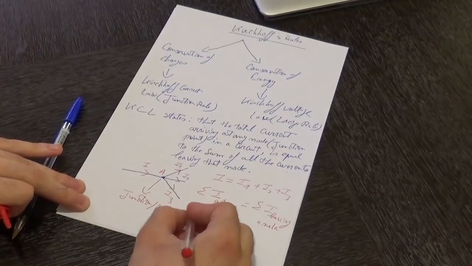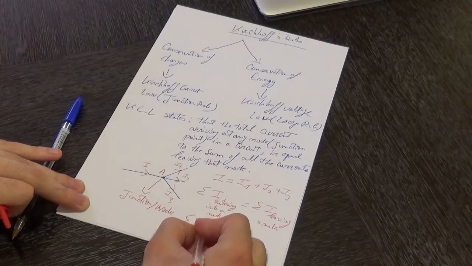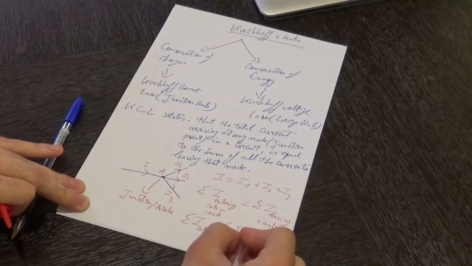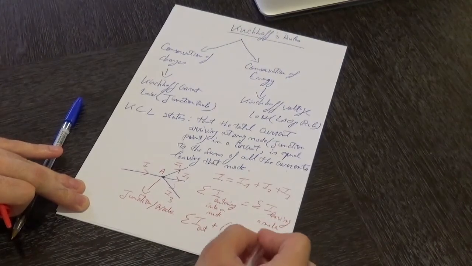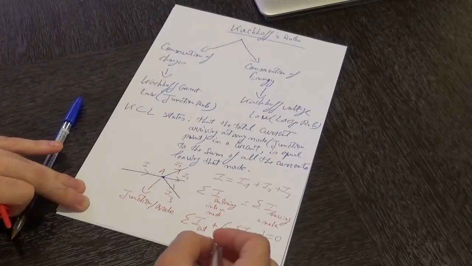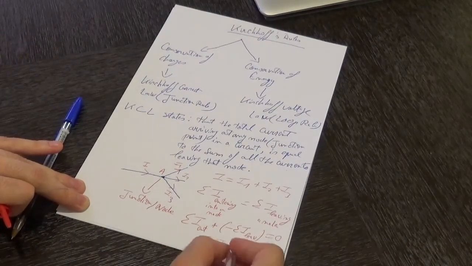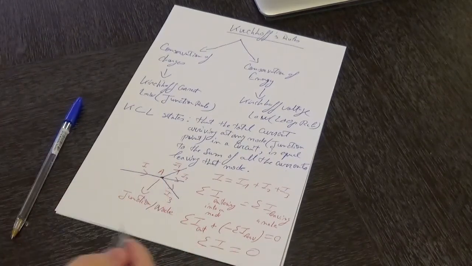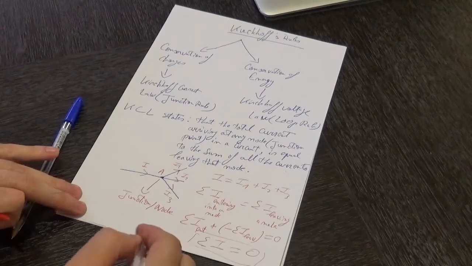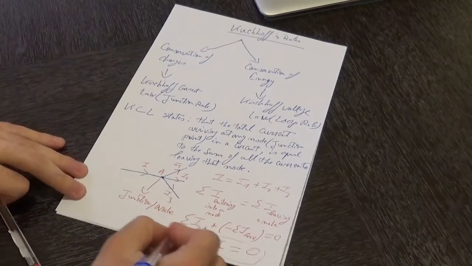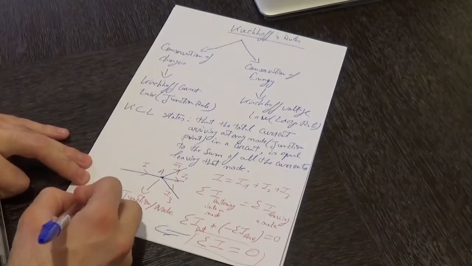Therefore, we can write down that the summation of I entering minus the summation of I leaving is actually equal to 0. And therefore, we can generalize that equation furthermore to be the summation of all the currents is equal to 0 within an electrical circuit. And that statement over here that the summation of all the currents is equal to 0 is basically a conservation of charges